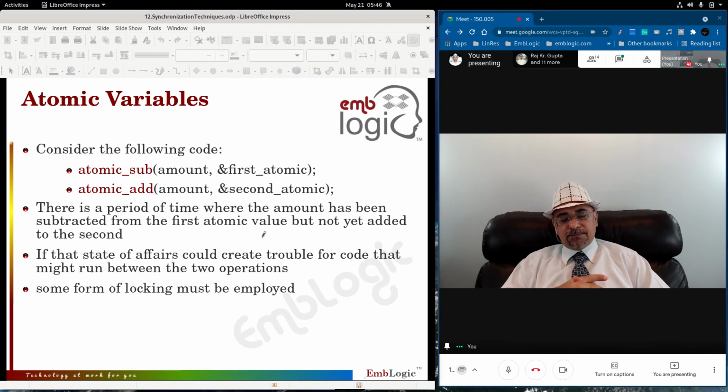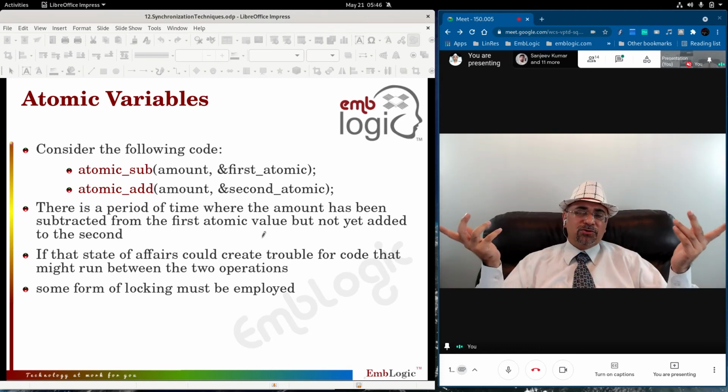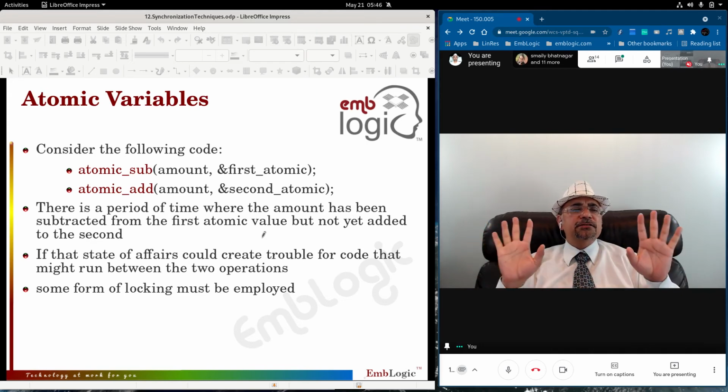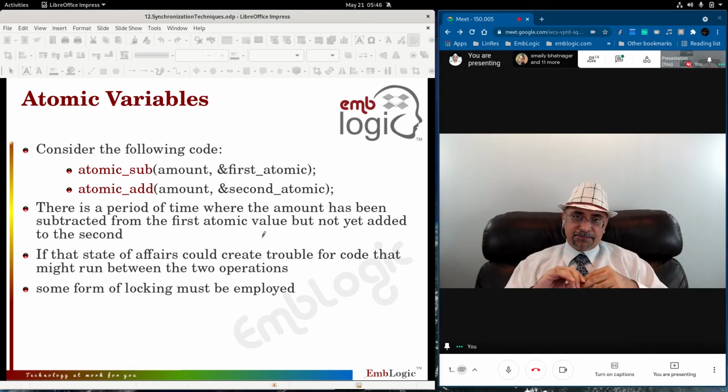First it checks: was the compiler able to compile it into a single machine cycle? If yes, then no need to do anything, just execute it. If the compiler was not able to compile it into a single machine cycle, then it will disable interrupts on the current core of the CPU, execute the instruction, and then enable the interrupts back. That is what it does, and nothing other than that. It's very simple and straight.